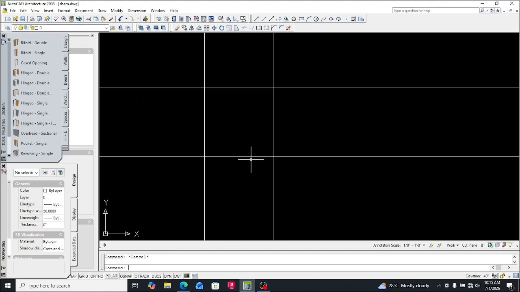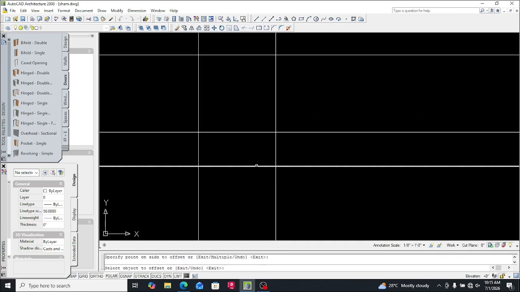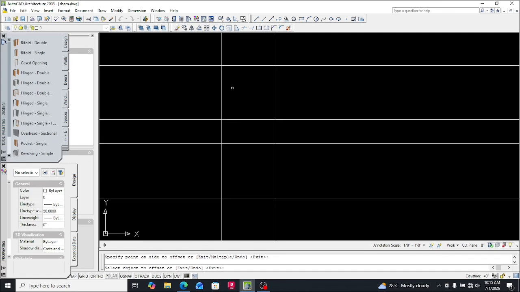Alright, so offset 5 feet 6 for a bathhouse or a toilet and bath. Then offset 12 feet 6. So now we have a bedroom here. Then our